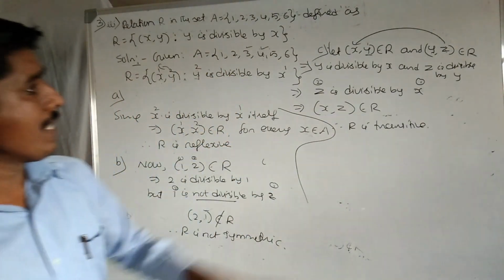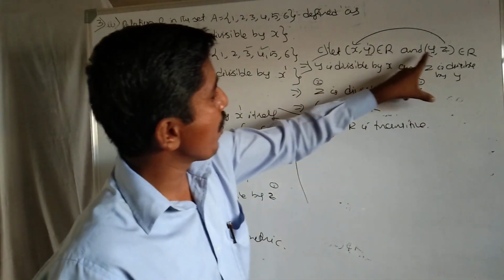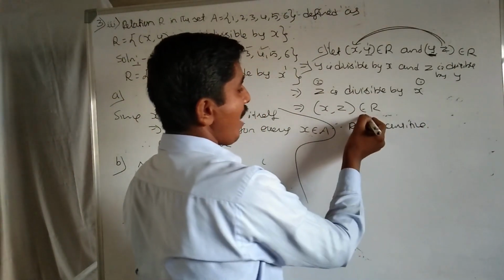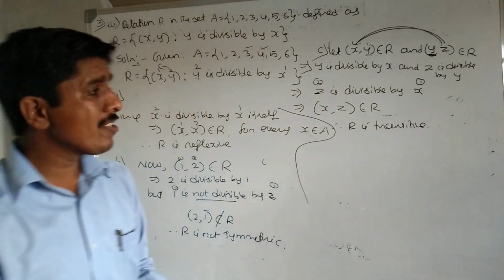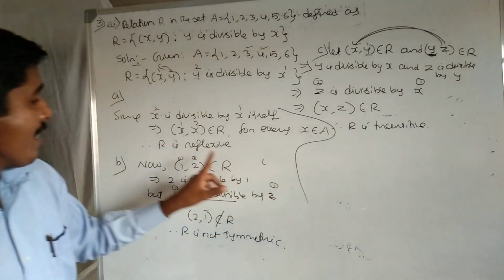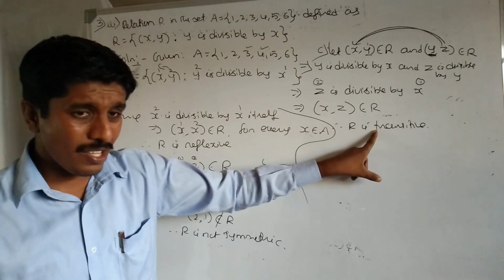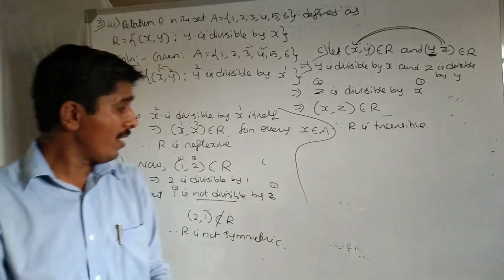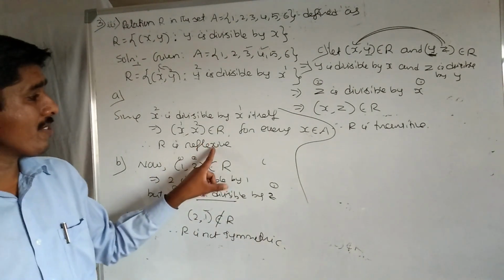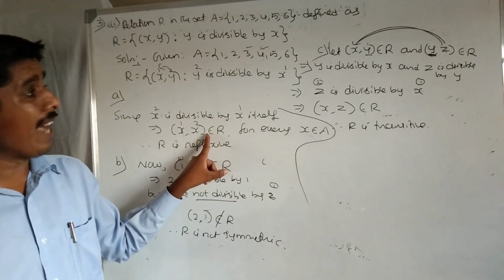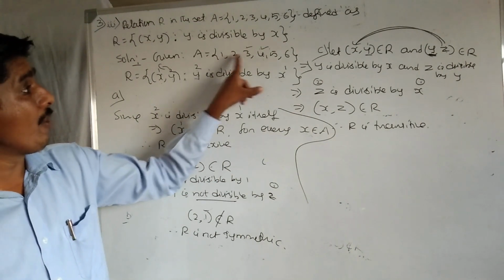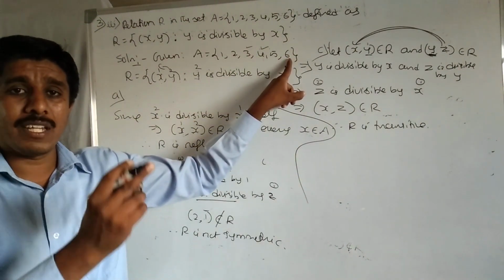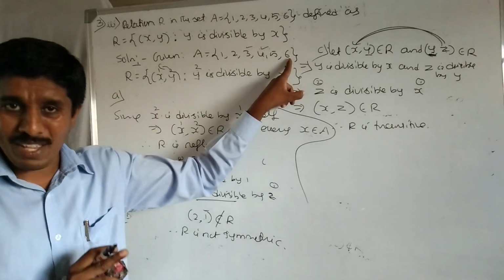So, clearly mind it, here the middle elements are equal, Y equal to Y. Then X comma Z belongs to the relation. Therefore, the relation is transitive. So clearly it is reflexive and transitive, but not symmetric. Be careful. To prove it is reflexive, better you can take elements, or alternatively we have to write 6 elements: 1 comma 1, 2 comma 2, 3 comma 3, and so on, 6 comma 6 belongs to the relation.